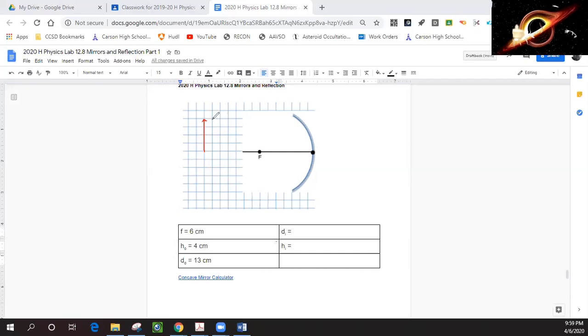So let's go ahead and draw our ray diagrams. Let's see what we got. We'll draw this out and make this as straight as possible. Hit here, and it should come right through here like so. This one here needs to be drawn. It goes through the focal point, hits here, and then it bounces straight back. And I'm hoping this is where the image should form. Well, we're right here, so I'm going to say that the image is right here. Now, this is not drawn very well, so I'm not sure if this is accurate or not. But luckily,